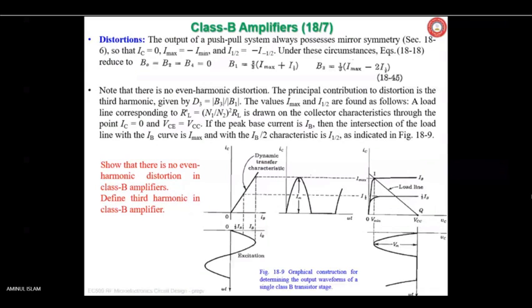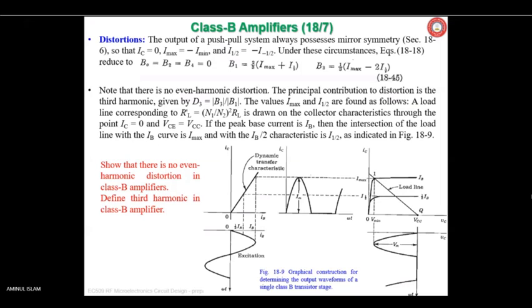Now distortions, we are going to start. The output of a push-pull system always possesses mirror symmetry that we have discussed earlier, so that IC equals 0, Imax equals minus Imin, and I half equals minus I minus half. Under these circumstances, equation